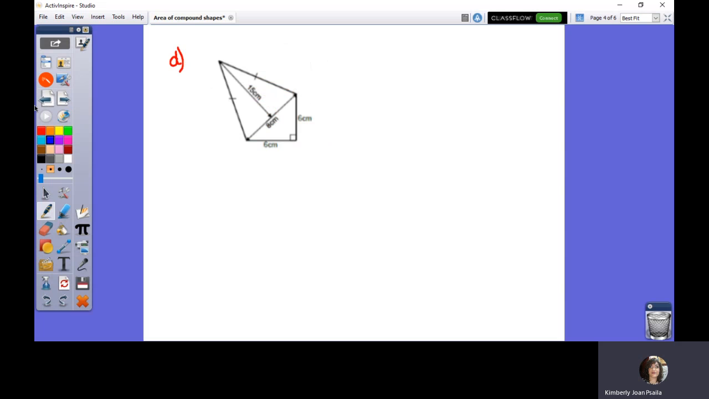We have another one here. Okay. So let us name this triangle A and this triangle B. So first we have to find the area of A. So area of A is equal to base times perpendicular height divided by 2. The base of the first triangle is 8